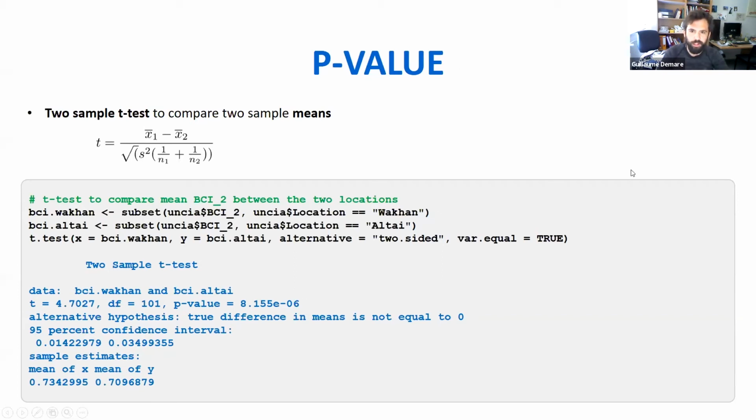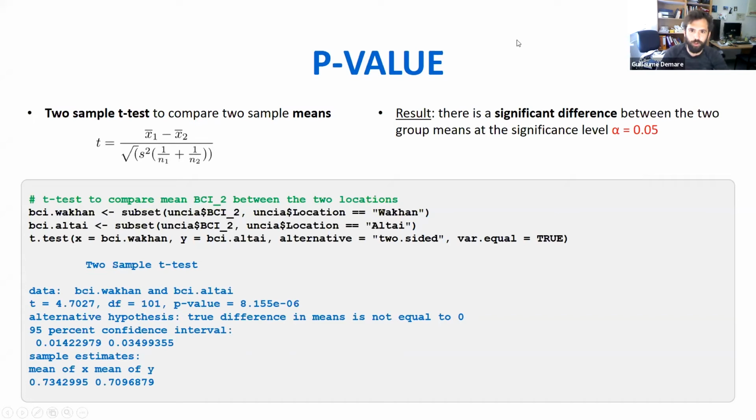So back to the t distribution that we talked about last time. Just to say, the result there is if we set our alpha as 0.05, which is the standard alpha that people use a lot, but you can choose a different one. This is up to you, this is your choice. So we set alpha to 0.05, and because the p-value is below that value, that 0.05, we reject the null hypothesis,